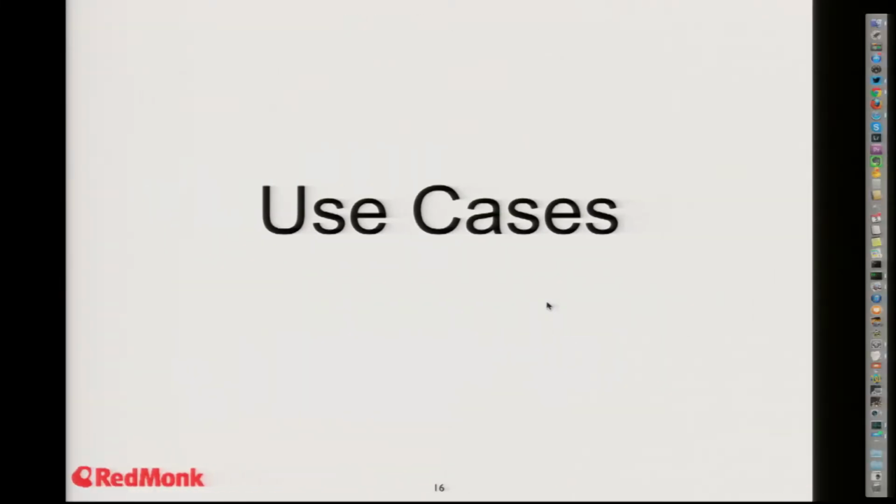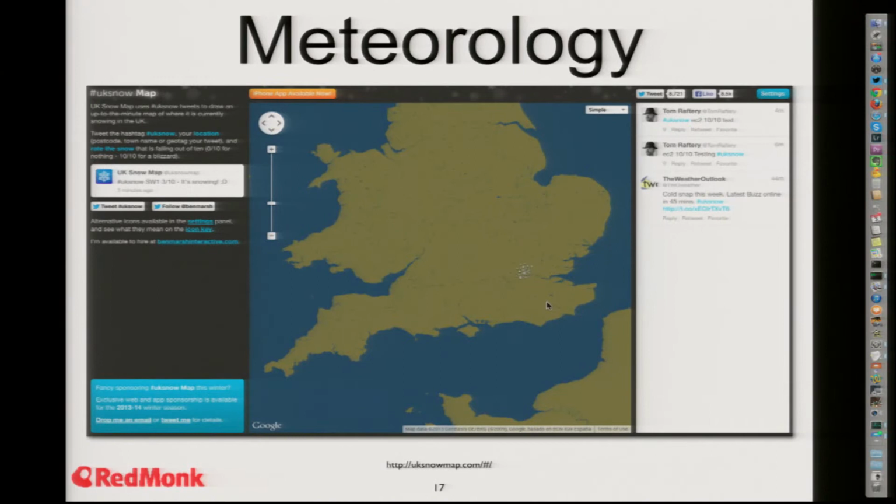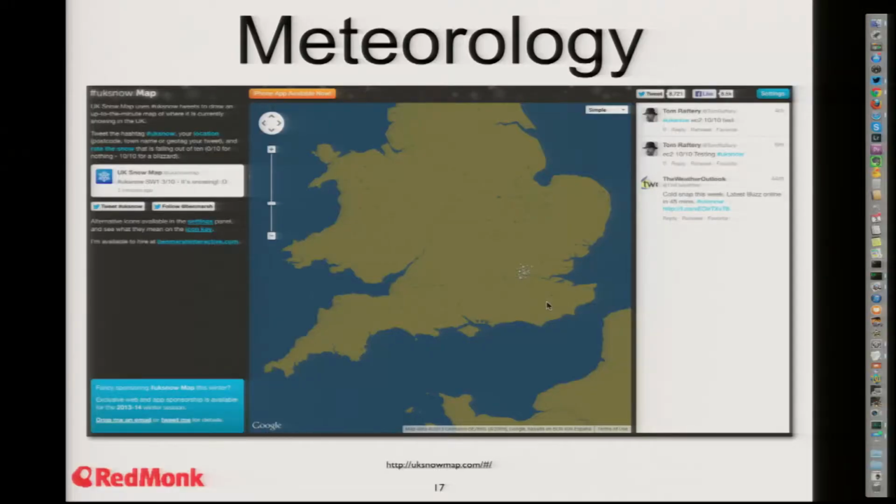And I'm rushing through this because I've got 50-something slides and James wants me to do it in 15 minutes. So here are some of the use cases from all that data, and there are some nice ones out there. A lot of you are probably familiar with this one. It's the UK snow meteorology example. It was one that was put up a couple of years back, and it's been used every year every time there's snow in the UK. There's a little dash of snow over London there in this screenshot because there wasn't one when I went to the site, so I tweeted about it and got a bit of snow to fall in EC2 there.